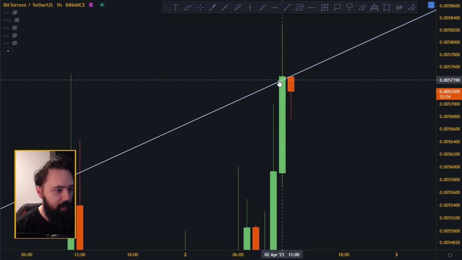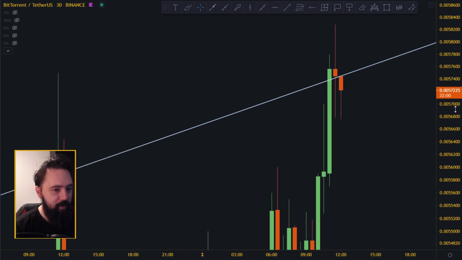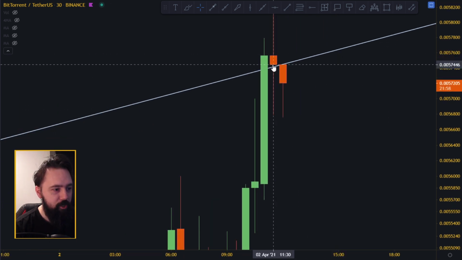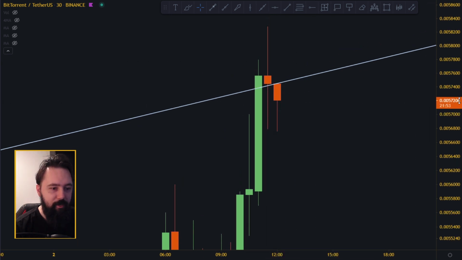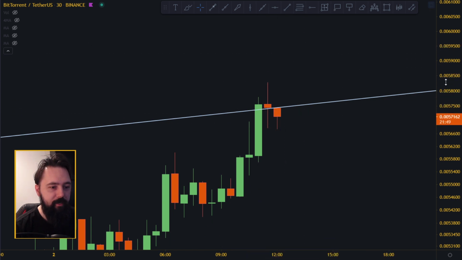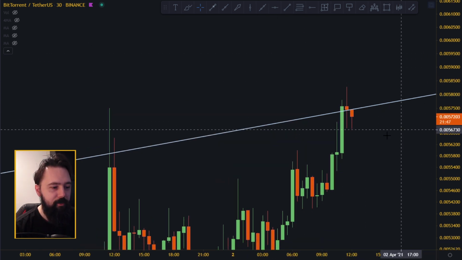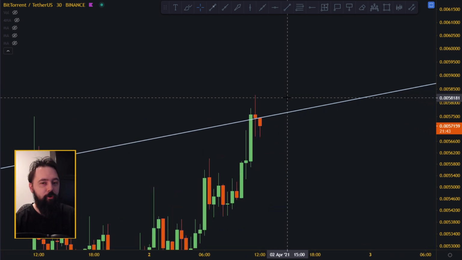Let's remove the volume. I don't know. Maybe this. Let's go 30-minute chart. Yeah, it kind of broke it on the 30-minute chart, and then it kind of stayed above it, and now we are falling below it. So what's actually gonna happen? Is this gonna just be a wick after we get up there? Is this a retest on the 30-minute chart? Is our trend line very correct or not?